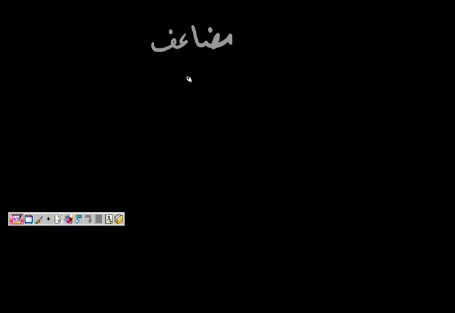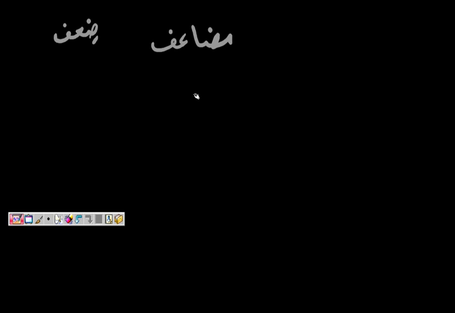Muda'af. And that comes from the root word ضعف. ضعف means double. So muda'af means doubled. That same root in Arabic also means weak. When I say da'if, it means someone who is weak. But this is a different meaning, it means doubled. There are some root letters in Arabic that are 3 letters, but 2 of those letters are the same.